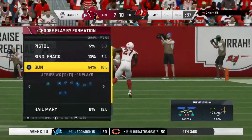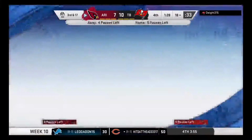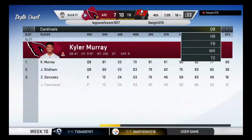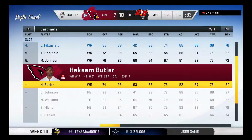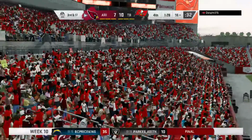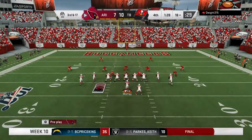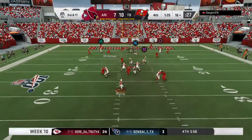Now we're in the situation where the quarterback's got to take full charge of his huddle. Got to totally command it, make sure all eyes are on him. All focus is locked in. Going to call multiple plays and go over different situations and scenarios to make sure everyone is on the same page. An incomplete pass on that last play, and that means they'll need to come up with something here on